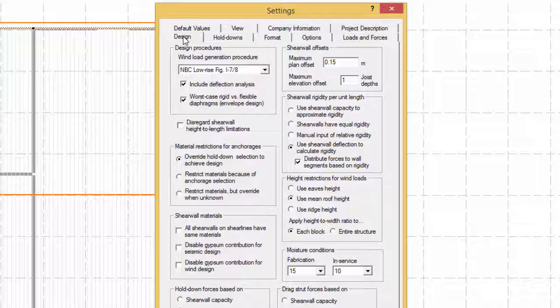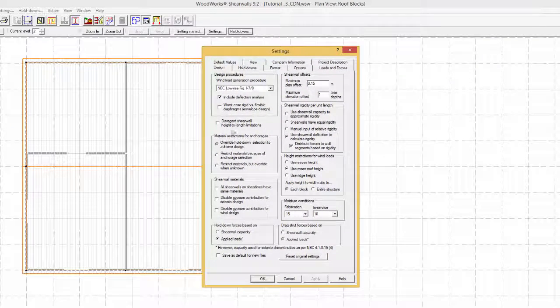When the setting is selected, the program first designs a wall for flexible diaphragm forces, and then, when designing for rigid forces, if they are lower, the program simply uses the wall designed with the flexible force. If they are higher than the flexible force, it replaces the wall designed for flexible forces with the one designed for rigid forces. Then for deflection-based intra-shear lines distribution, the wall is processed again for flexible forces on the next iteration. To illustrate this, we will deactivate the option, leave the wall parameters of our two-story structure as unknown,